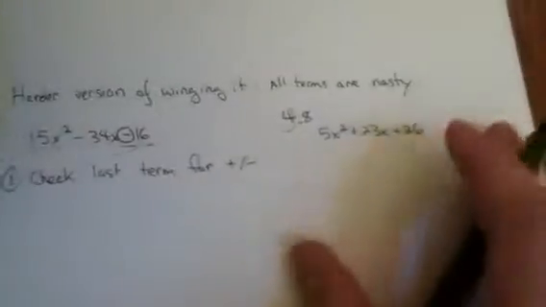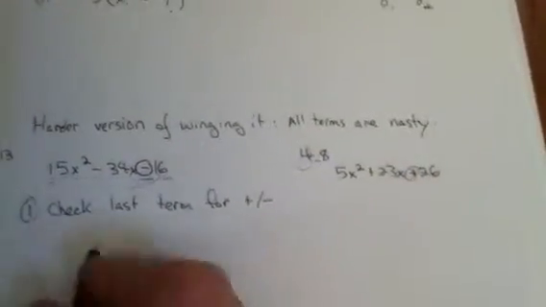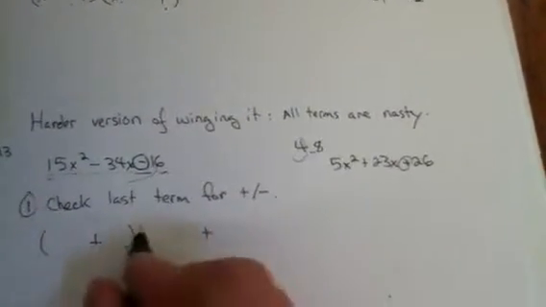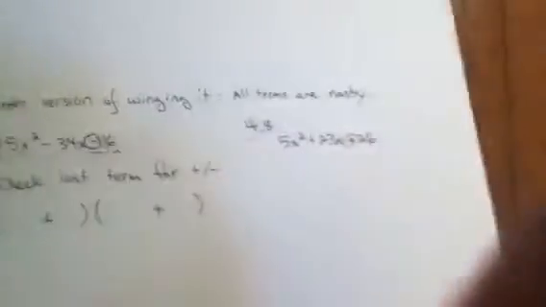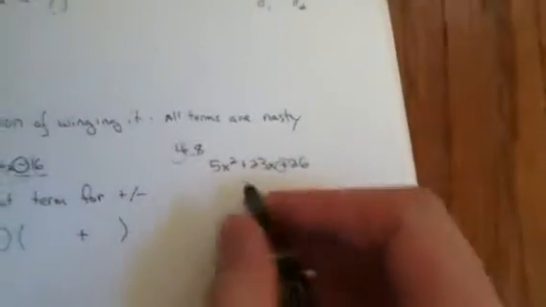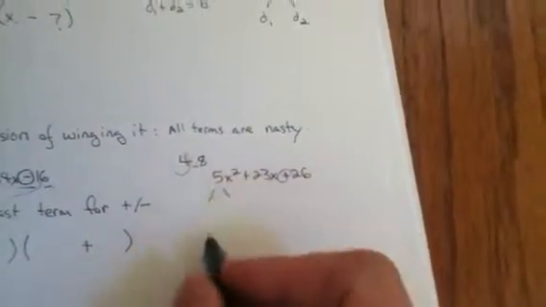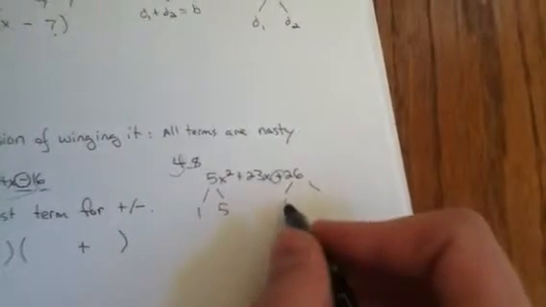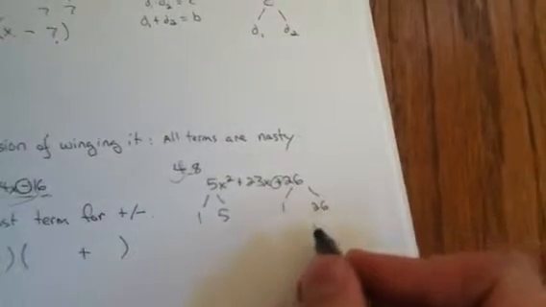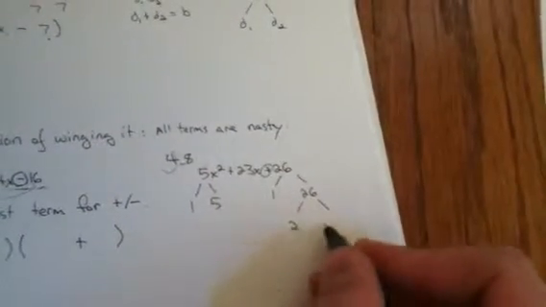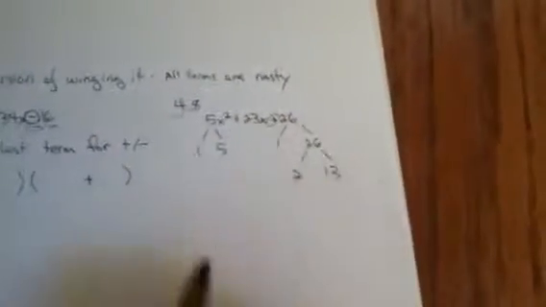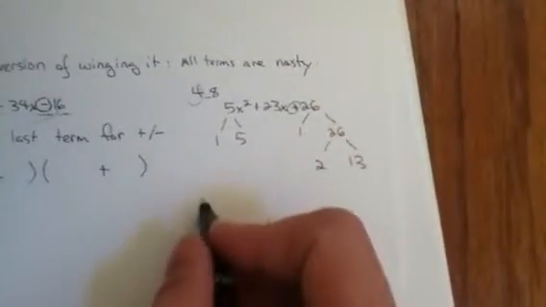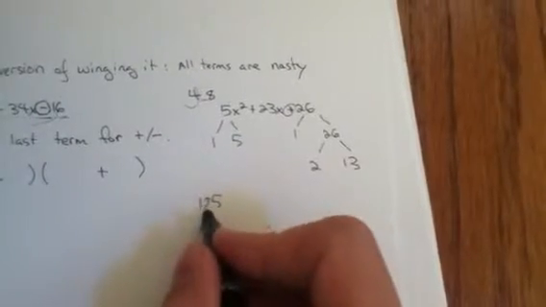Let's go for it. We see that the last sign is plus. So we're in the plus factor scenario when we get these together. We also find that we have a simple factor over here. 1 and 5 are the only factors. Over here we have 1 and 26, and then 26 can be factored into 2 and 13. Okay? So if we had to list out our little boxes, we need 1 and 5, plus and minus versions